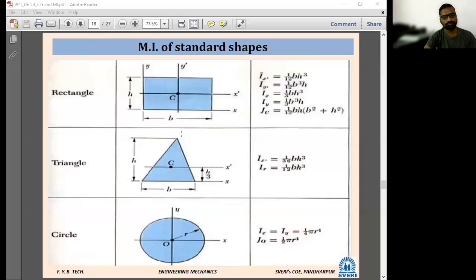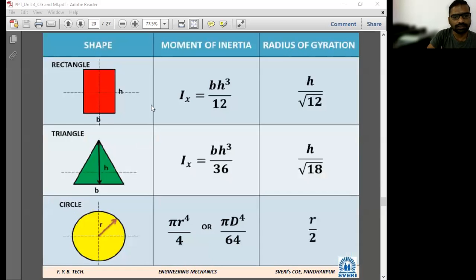Okay, so there is a small correction here. See, for the rectangle, what is the moment of inertia about the centroidal axis? Ixx is equal to bh cube by 12 and Iyy is equal to